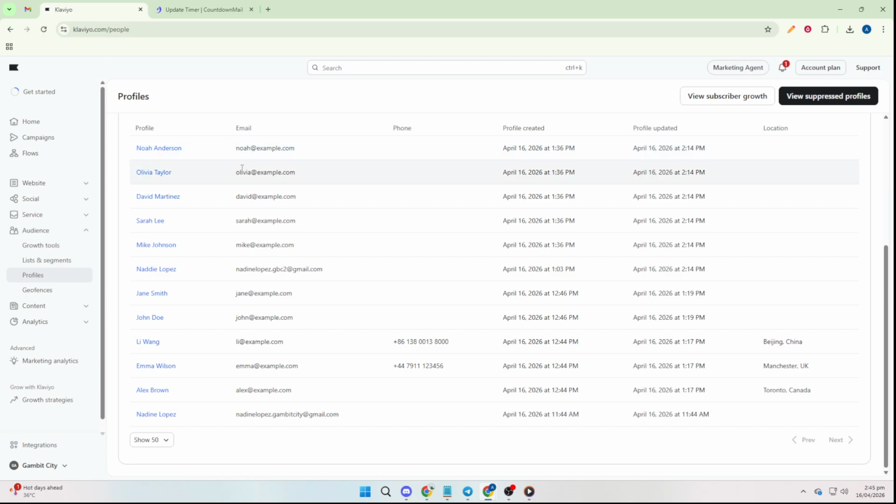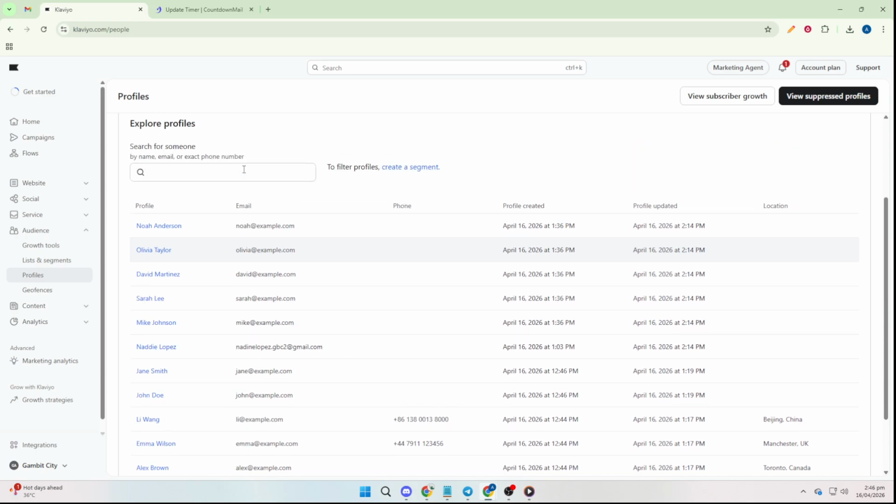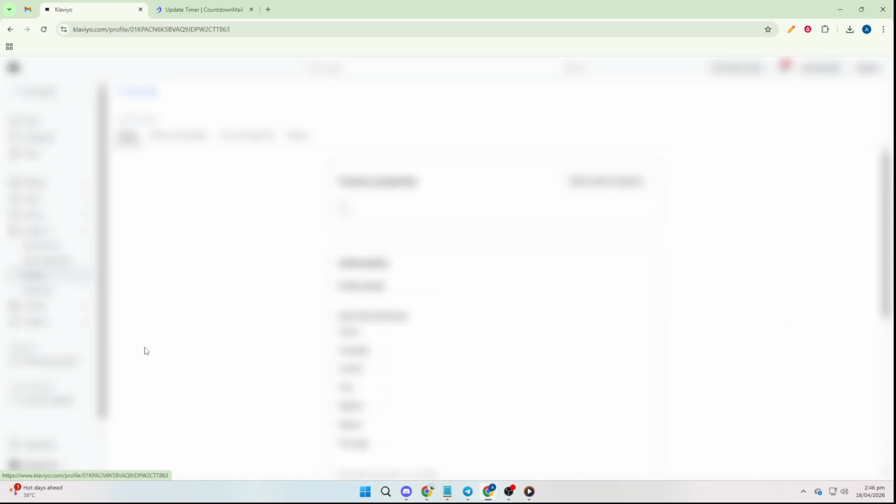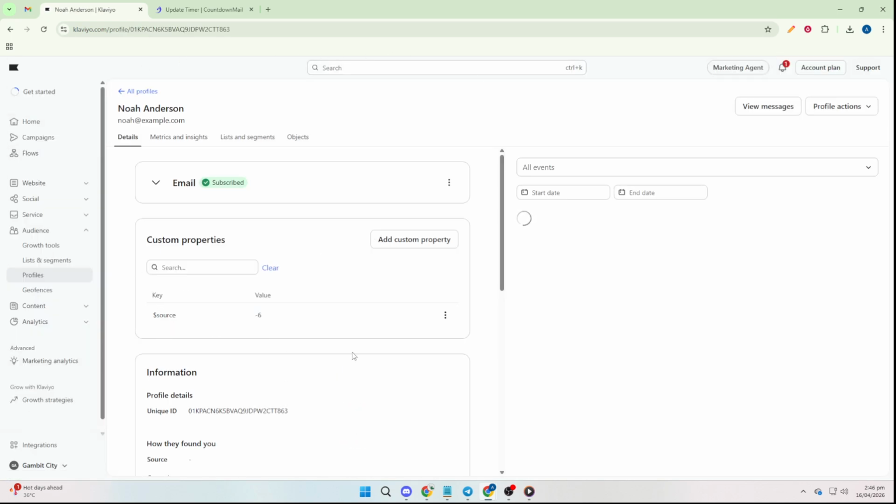At the top of the Profiles page, use the search bar to find the contact you want to delete. Searching by email address is the most precise method, but you can also type a name. When the results appear, click directly into the correct profile to open it. Before moving on, quickly verify details like the email to make sure you're working with the exact contact you intend